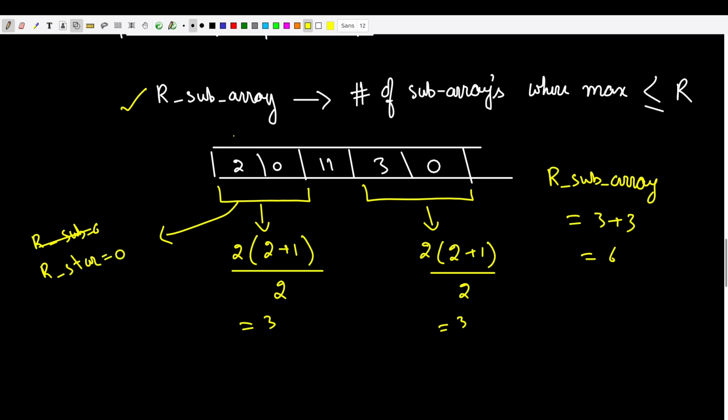R start is 0, right? So this is our index 0, and this is our 1. Indices 0, 1, 2, 3 and 4. So R start is 0 and R end is 1, right? So this index. Similarly, for this particular case, our R start is 3 and R end is